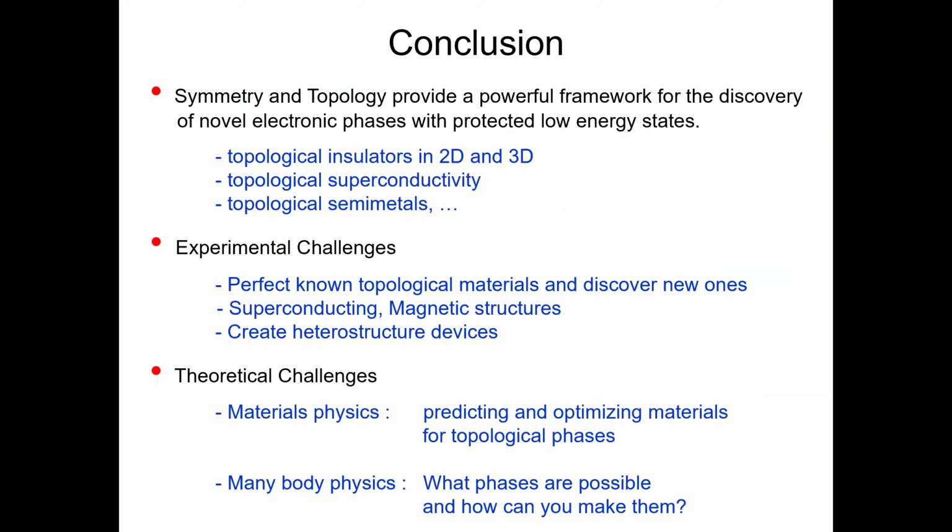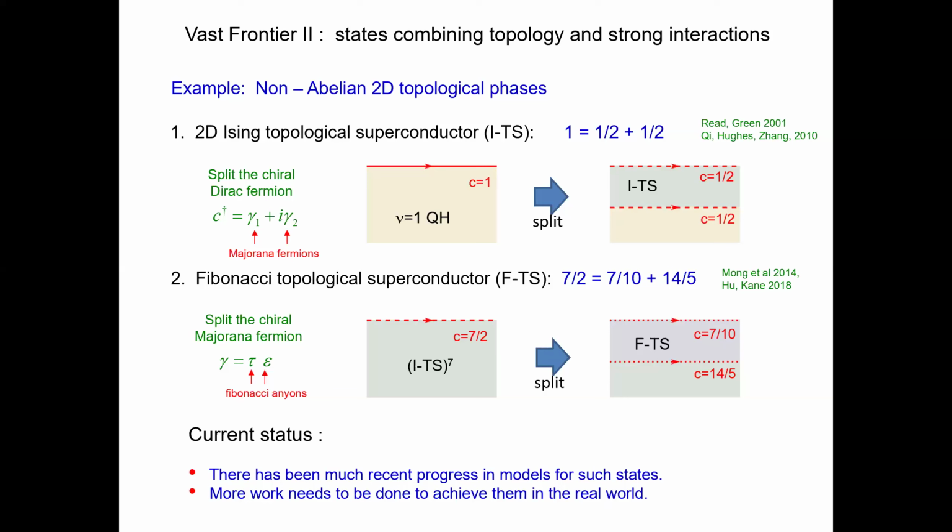So I told you that what the quantum Hall effect essentially allows you to do is take a one-dimensional wire which has right and left moving chiral Dirac fermion modes, and allows you to split them. So you have the right mover over here, the left mover over here. So you can ask the question, can you split that any further?